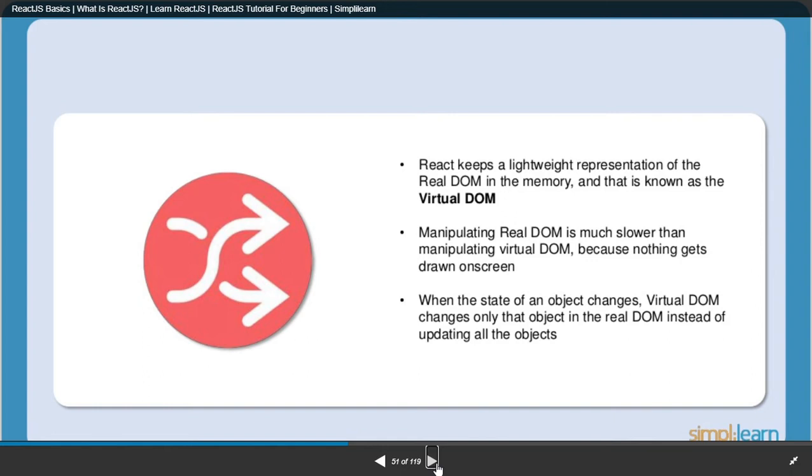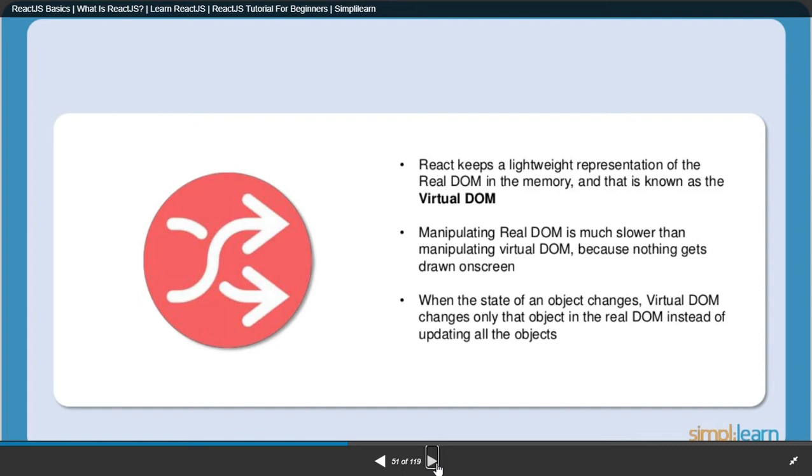Now consider that you have some application. I will consider the Facebook application. In Facebook, there is a like button. If I hit that like button, the DOM will change, because the like button has to change its color to blue, and the liked count should increase.